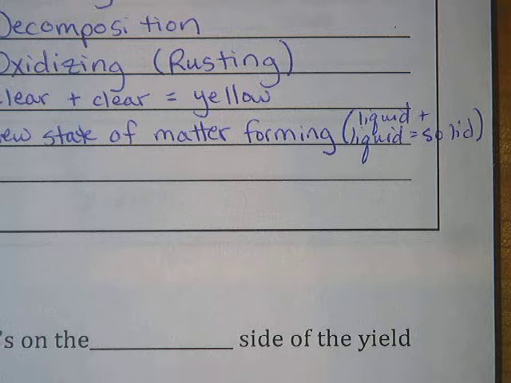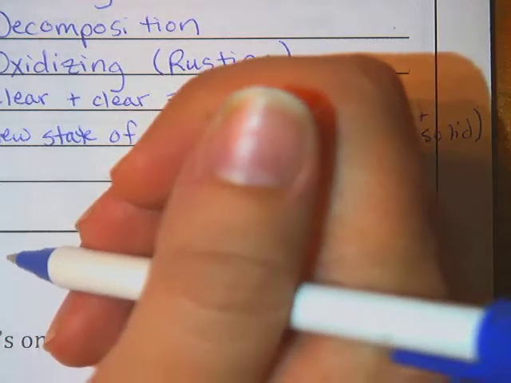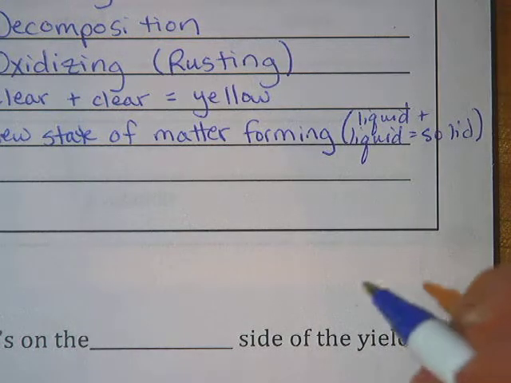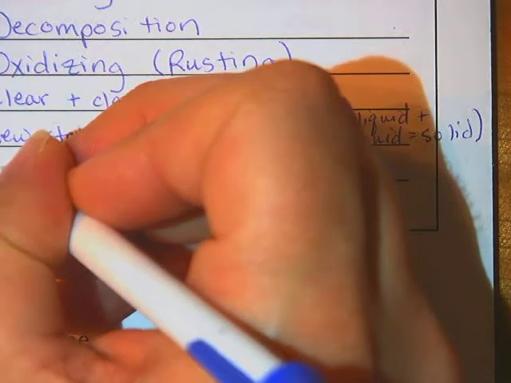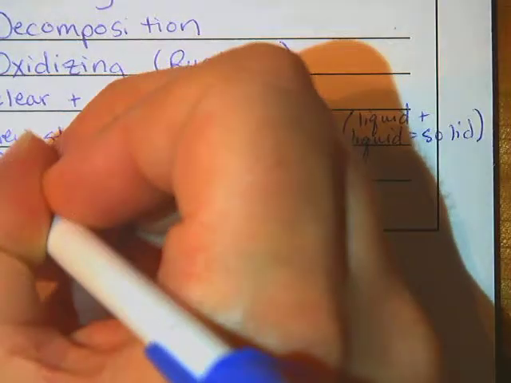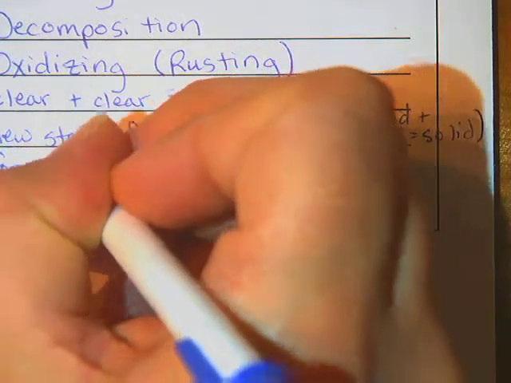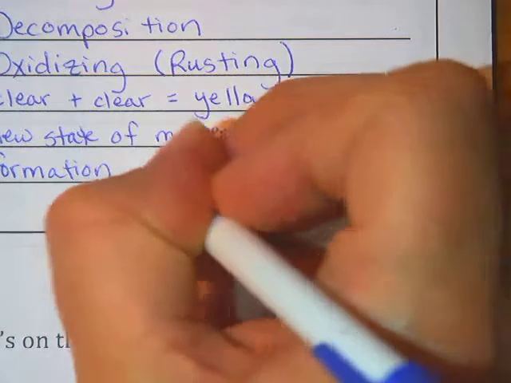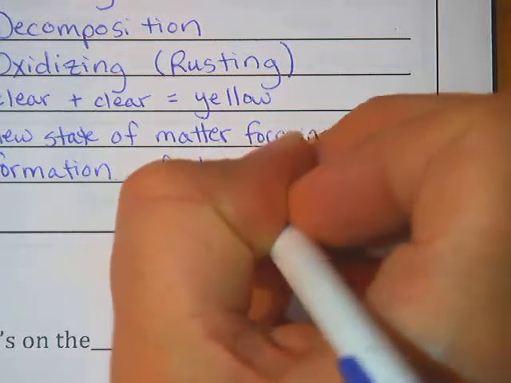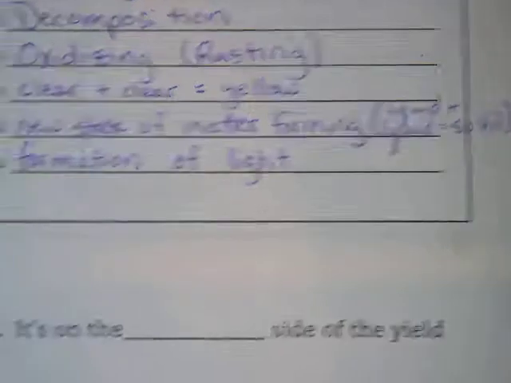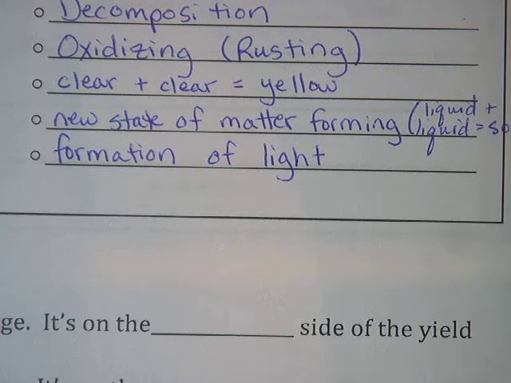And one more example of a chemical change. Let's go with, let's see, we did burning, decomposition, oxidizing. Let's go with formation of light. If you mix together two things and suddenly you get light, that is showing you there's some kind of chemical change happening,